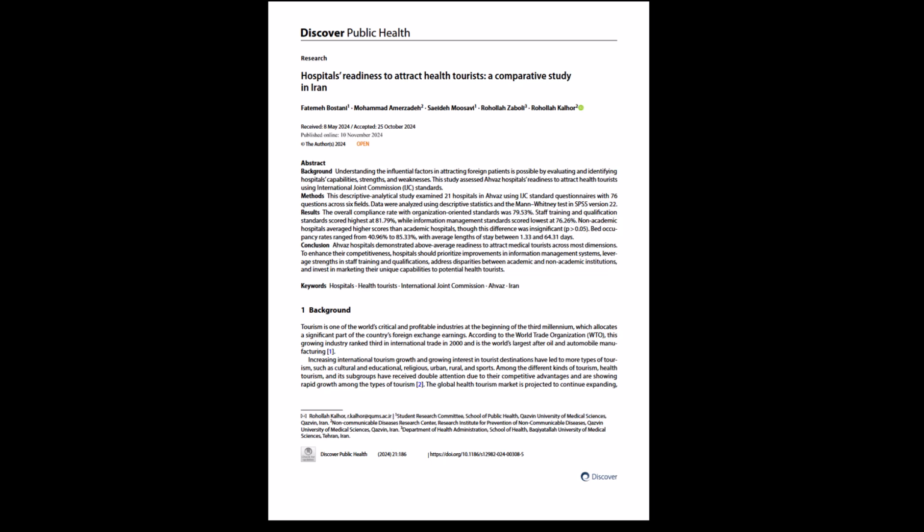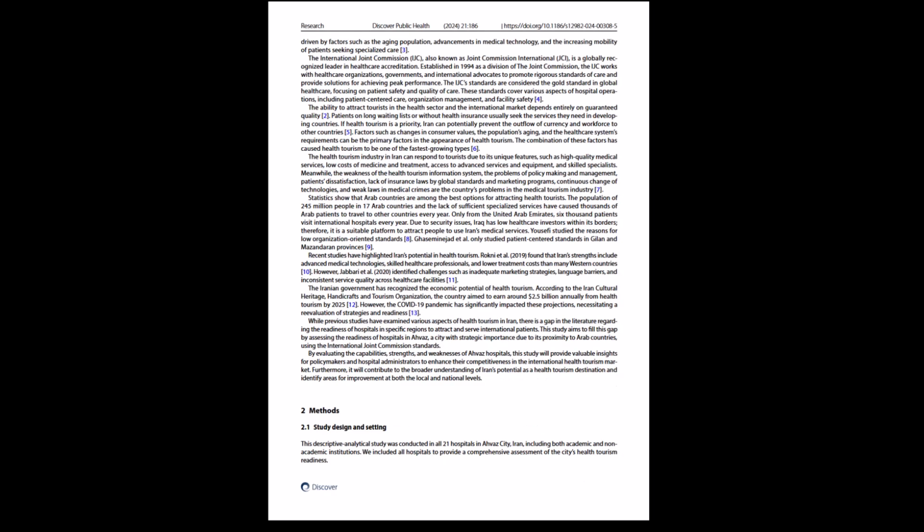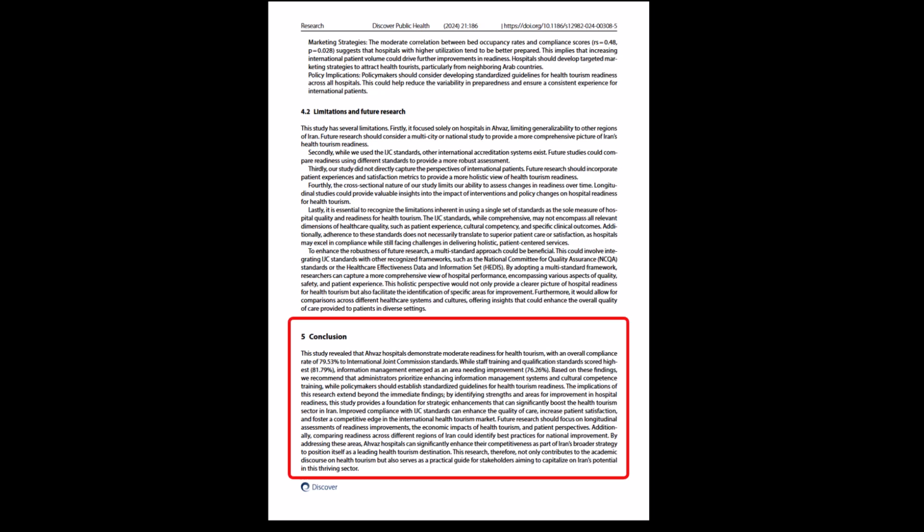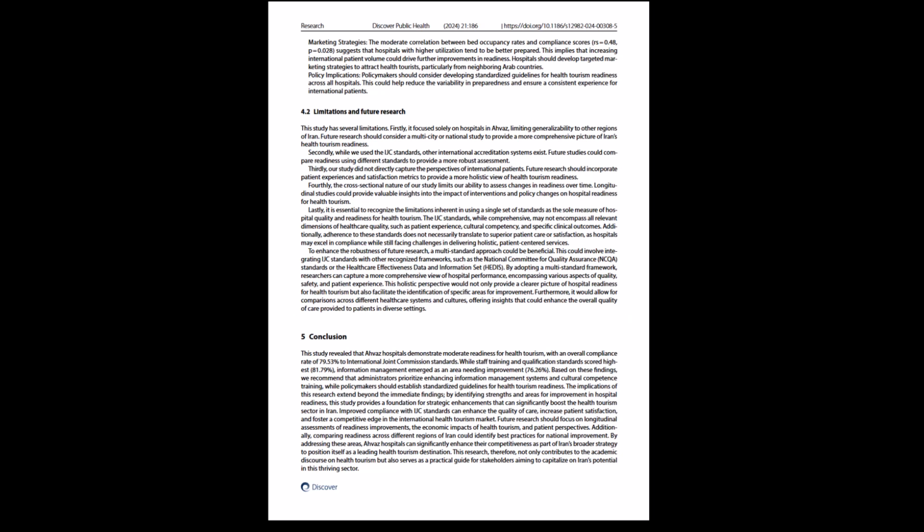Now, after the background, I actually just skip all the way down through the methods, right to the conclusion. That's where I go next. And that seems counterintuitive. It seems like I'm jumping from the top to the bottom, and I am, but that's because I sort of want to understand the gist of this article. I want to know what it's going to say before I really spend a lot of mental energy committing to understanding the research. So I read the background, I come and I read the conclusion, and then I actually go back